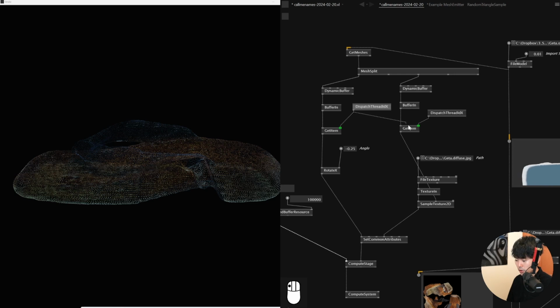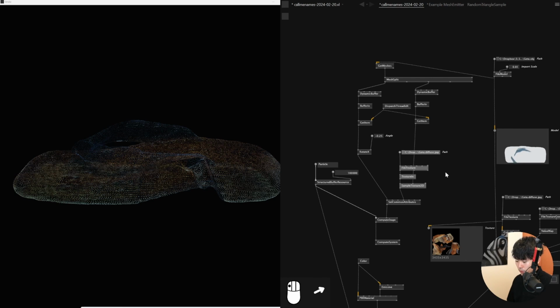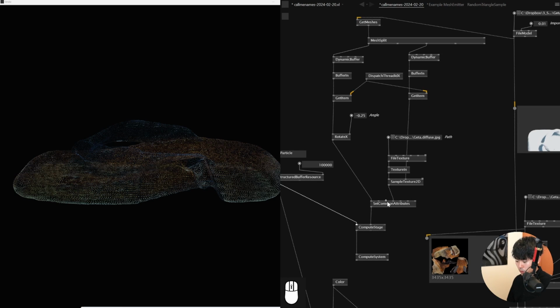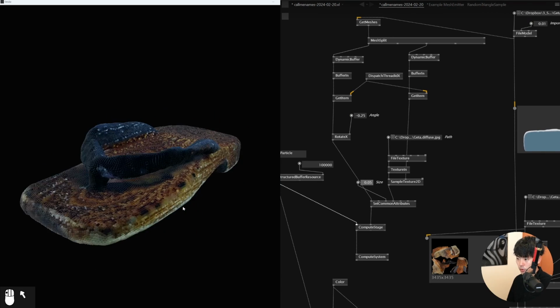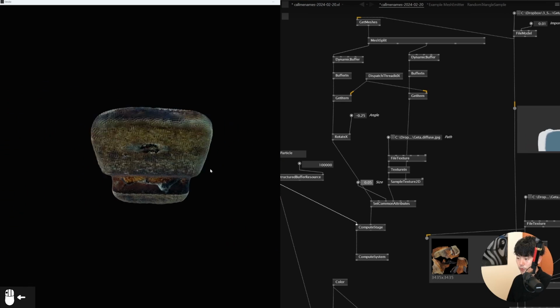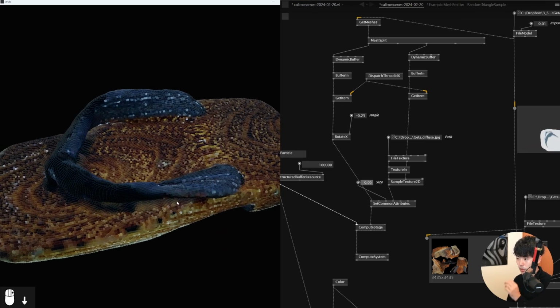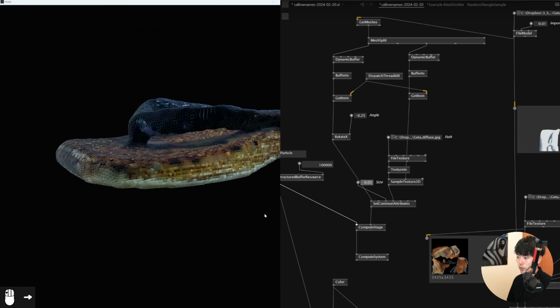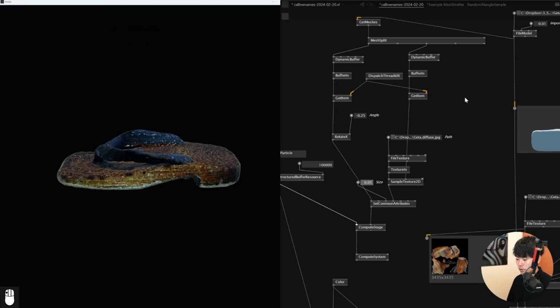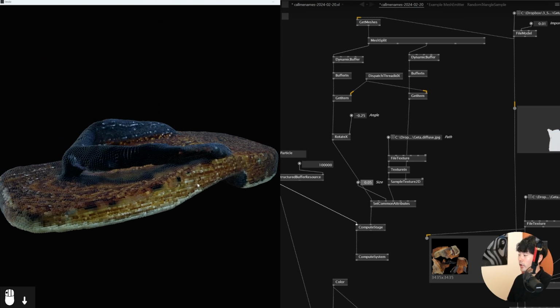Dispatch thread ID could be copied, or we can reuse the same one. So now we've got the color. Right now the scale is a bit too small, so we can make it a little bit bigger. So now you can see it's all pretty cool. We've got a point cloud of our 3D scan model in vvvv. Maybe I don't need to rotate. Yeah, I should rotate this. Yeah, so this is the way to visualize point cloud visuals inside vvvv using this 3D scan model